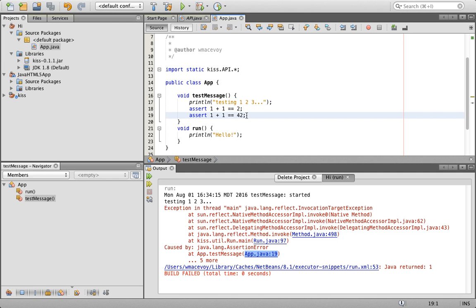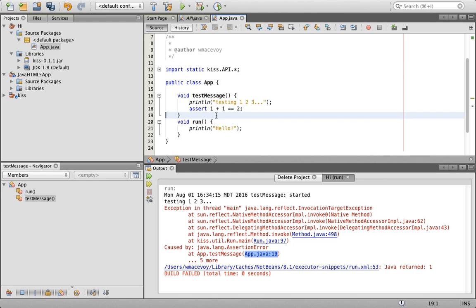In this case, it's sort of a silly problem because, of course, we just asked it to check something that was certainly false to see if it were true. But let's see if we can do a little better. So now I'm going to get rid of the assert that failed. All right. And what happens in the KISS framework is pretty trivial, but again, the idea is to